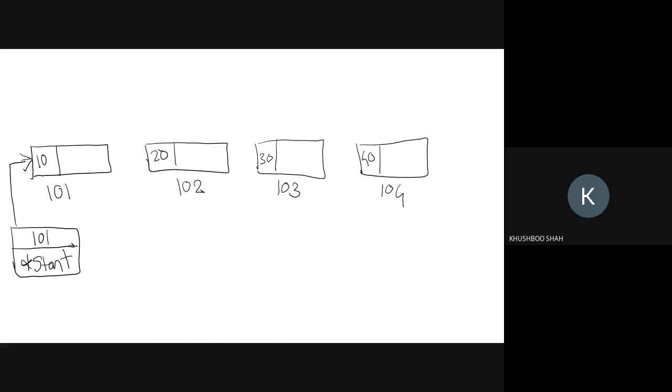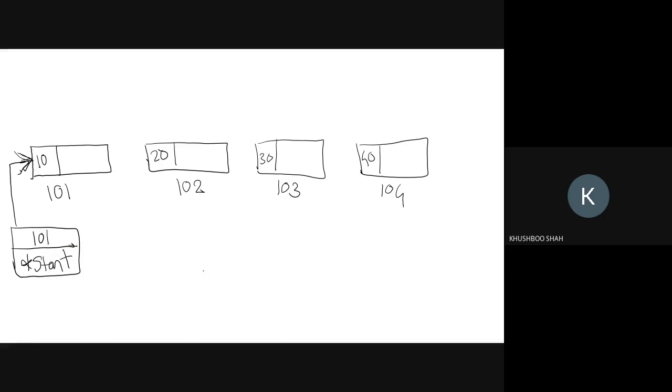Prapti, see, the concept of the start pointer is, we know that a linked list is dynamic memory allocation, right? And it is not continuous as well. So we don't know the starting point, my first node in the memory, because ultimately all are linked with each other. So how can I know that this is the first node? For that we have the concept of the start pointer, which always contains the address of the first node. So through the start pointer I can say that this is my first node.